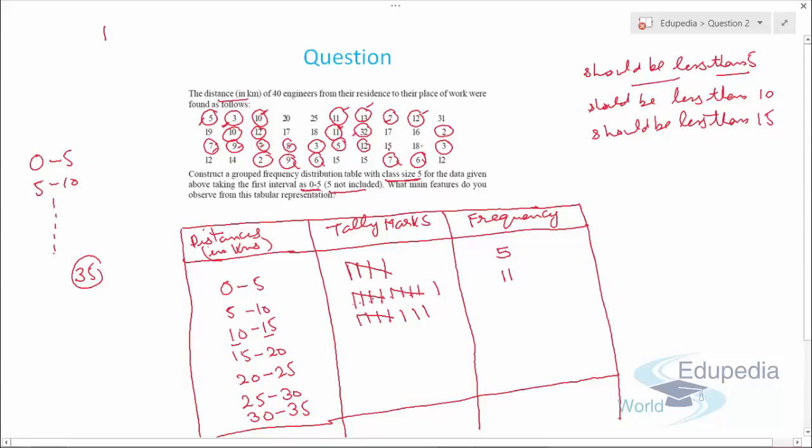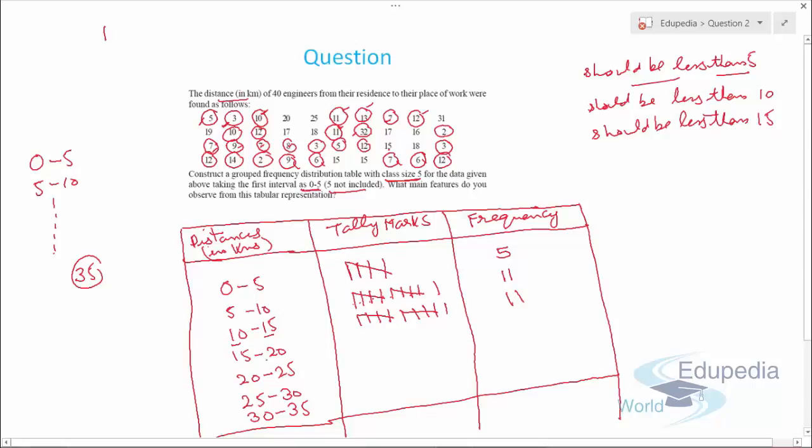Then 18, this is the ninth value, this is the 10th value, and we have this 11th value. So again we have 11 as the frequency. This is why tally marks are always important to draw with the distribution table when the data is